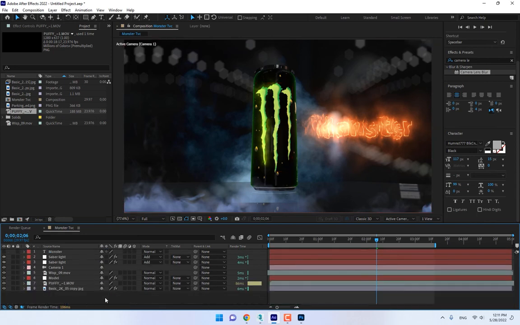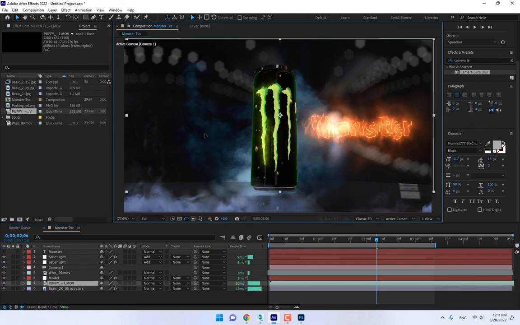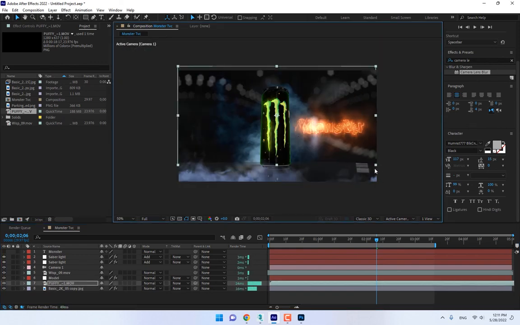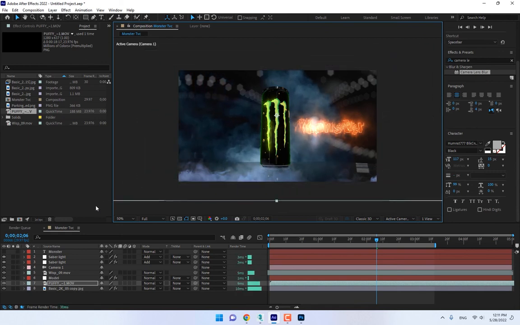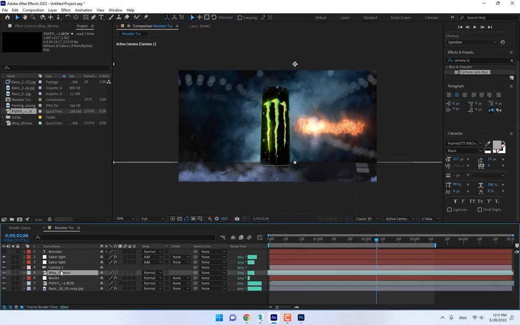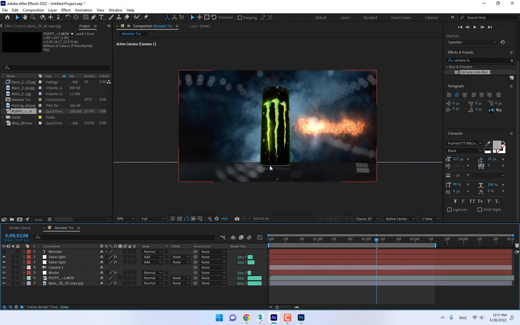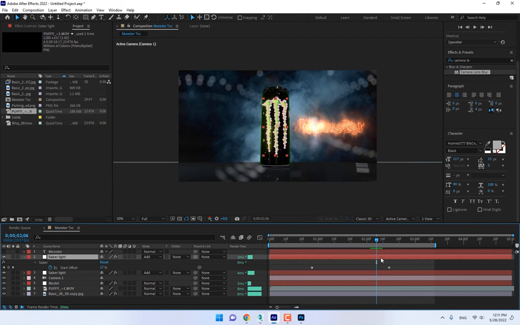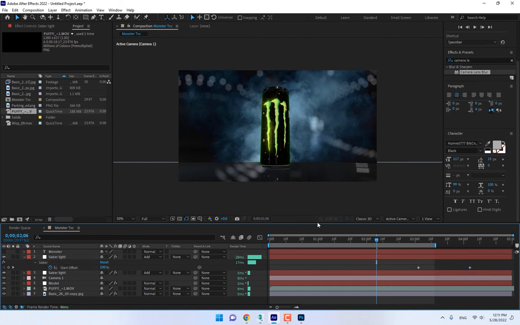Close, close, and select, zoom out, scale up the size, move it here, fix it here, and delete the wisp one, and then select another Saber Light, press U. This must come in after 3 seconds. And now